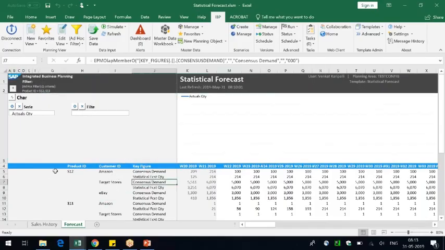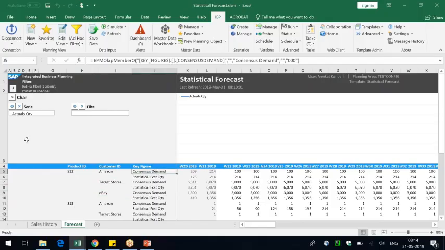Beneath it we have the actual data, which is coming from the cloud system. There are two key figures here: consensus demand and statistical forecast quantity. We are viewing this demand and statistical forecast quantity at the product and customer level: S12, Amazon, Target stores, and eBay.